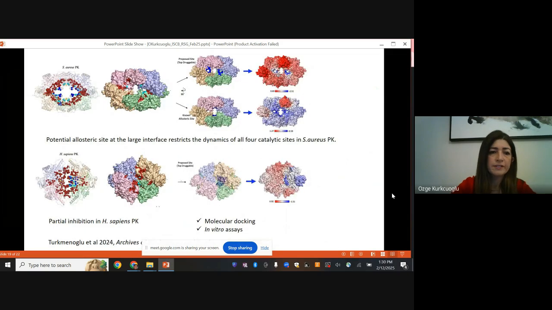And finally, SOR's pyruvate kinase. For this structure, we predicted 3 different allosteric binding sites. One is located at the small interface. Actually, this is a known allosteric binding site with an inhibitor on it, so the structure is also resolved. And besides that, we also predicted the large interface and another site between the small interface and the active site